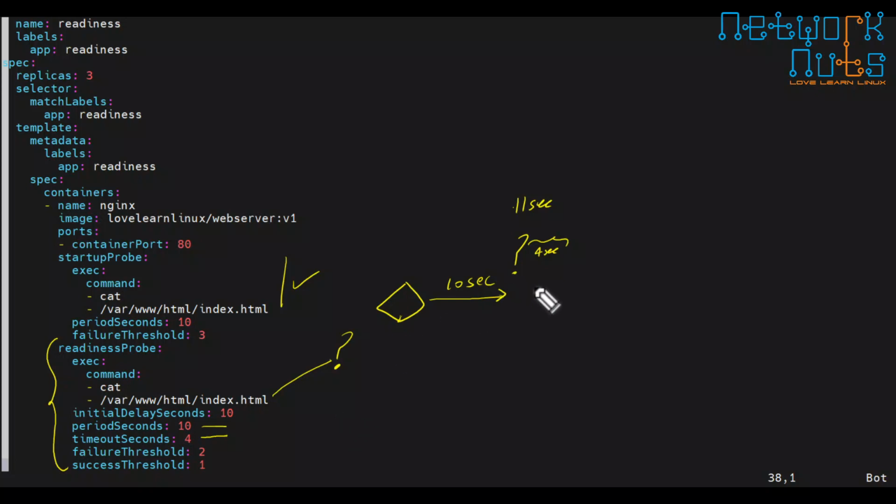If it gets the answer within 4 seconds, perfect. That means the container is still live. Keep on sending request. Right, it will keep on doing it after every 10 second of gap, right? Failure threshold is 2, means if it didn't get the response in 4 seconds, shall I consider the container down? No. If there are 2 subsequent failures, right? Means 10 seconds and then 10 seconds. Failure threshold 2. Then the container will be considered as down and no more traffic will be sent to that